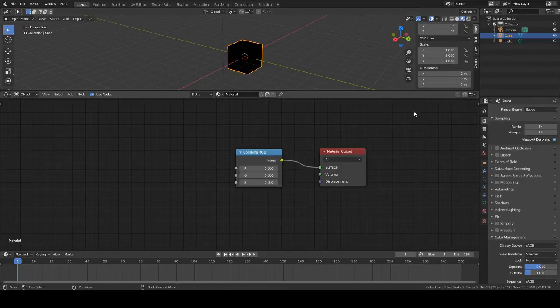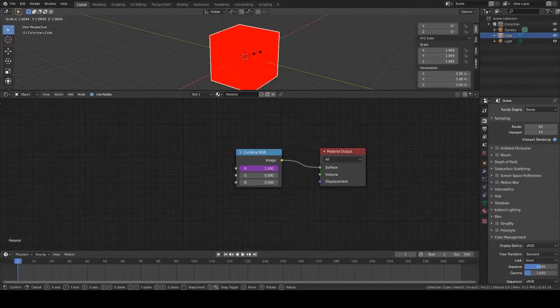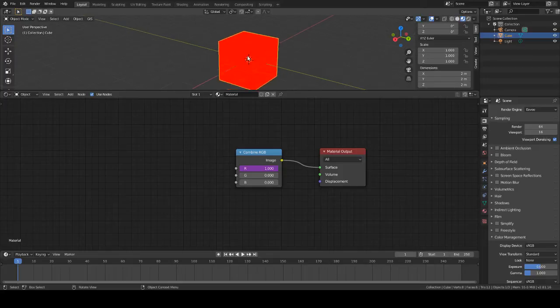So paste driver, and right now that means that if the scale is 1 on the X-axis, which it is, we're going to have 1 for red, and then as we scale down on the X-axis, it gets closer to 0, which means it becomes dimmer in terms of red. If we want the reciprocal, we can either do what we did with the division, or we're